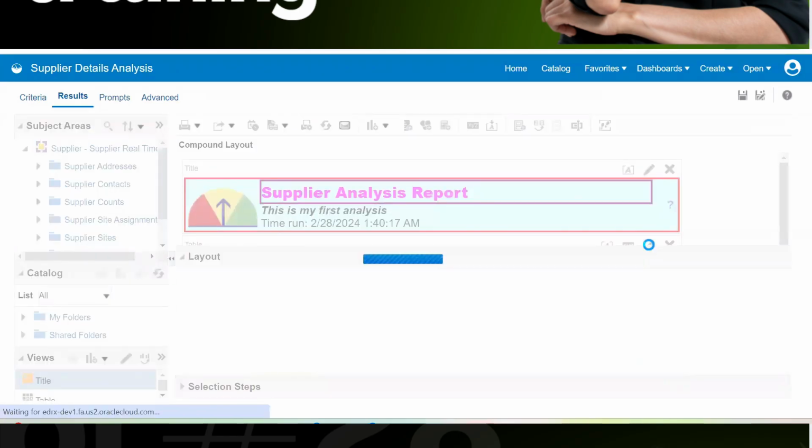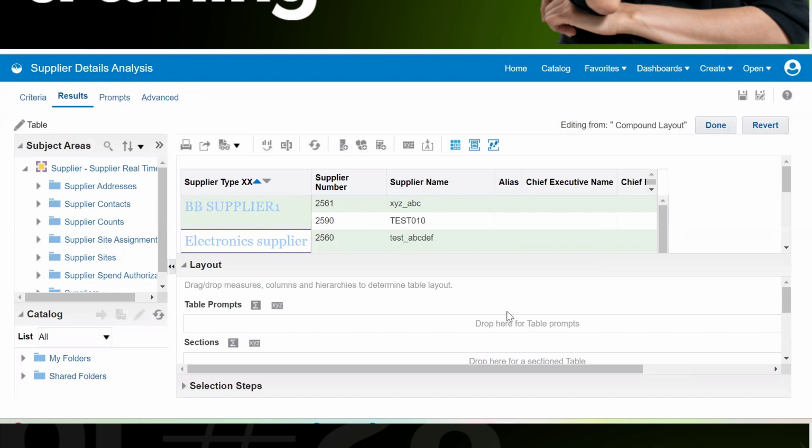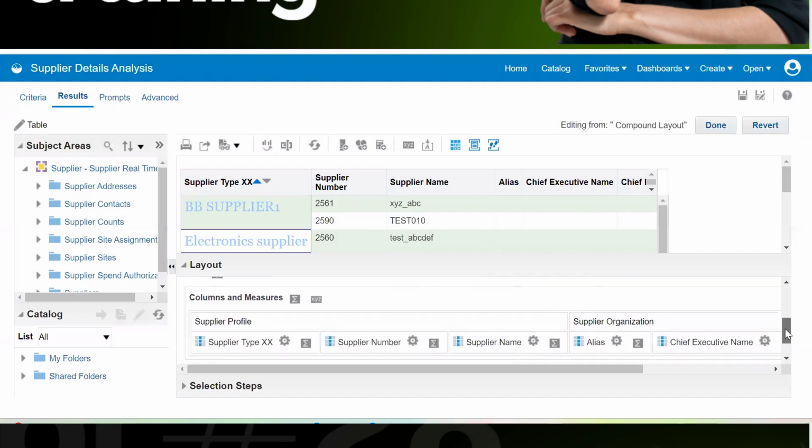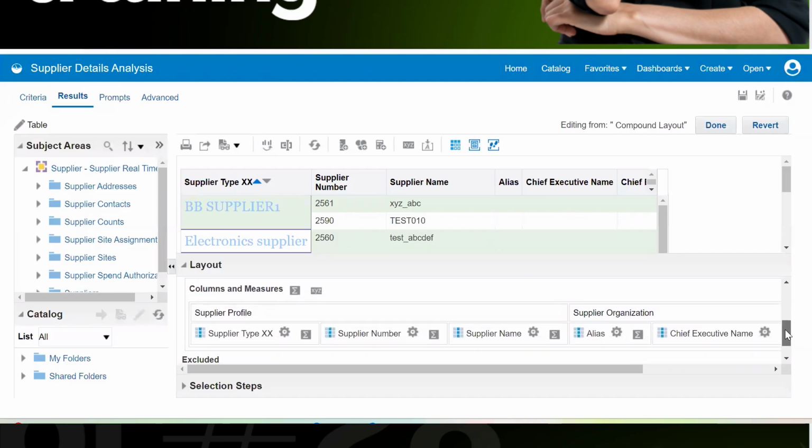If we edit this, now one of the concepts is section and table prompts. You know that we have already selected these many columns. Out of these columns, I understood that there could be multiple suppliers, but I don't want to show the supplier here. I want some pop-up list or some parameter-type list in which all the suppliers will be listed. Once all the suppliers are listed, the moment I select one of the suppliers, the data related to that supplier should be available.